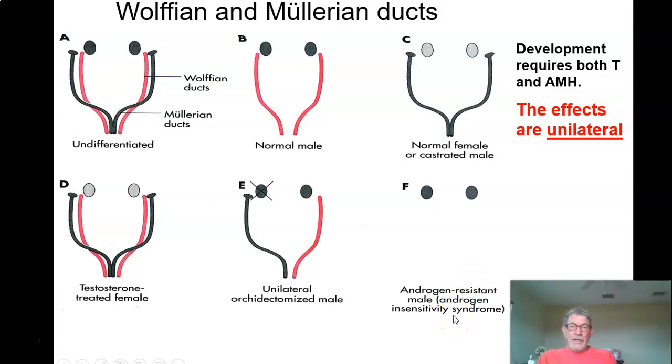It's actually considered possible or likely that some of the most tall, kind of amazingly non-traditional looking supermodels are androgen-resistant males. They might be 6'2" or 6'3" or something like that, long and willowy and strong and look every bit like a female, but they're actually androgen-resistant males.